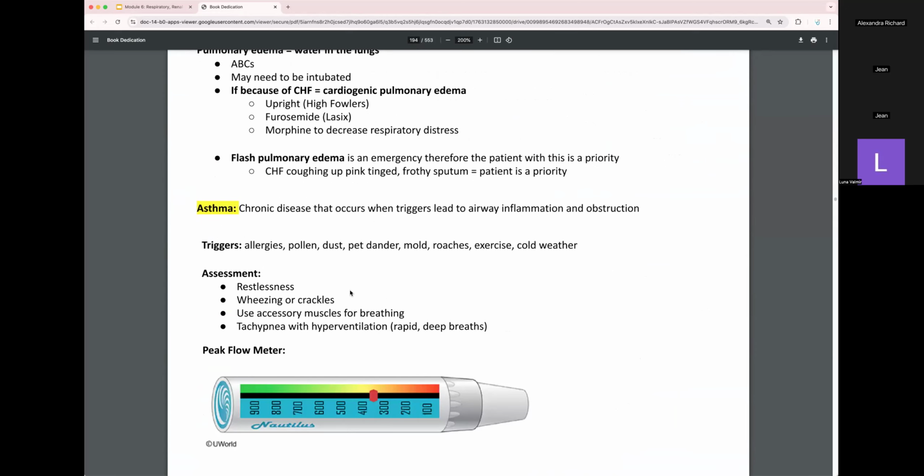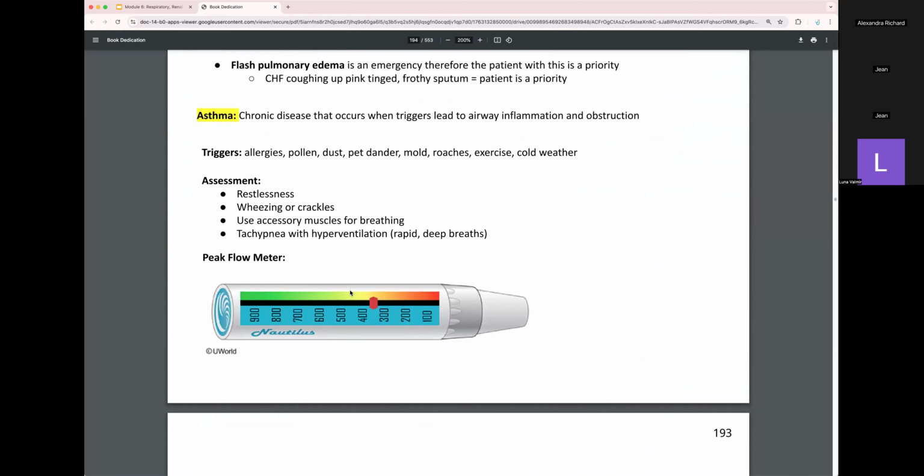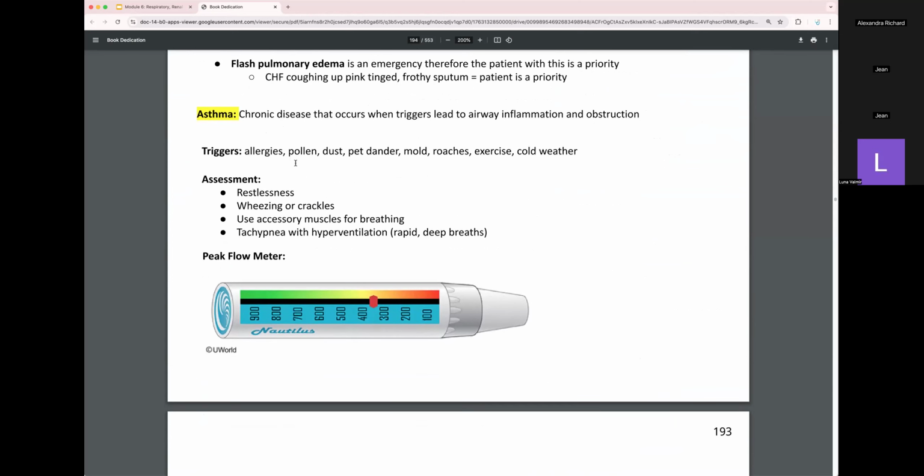All right. So then in your study guide, we're going to talk about asthma. So this is on the bottom of page 192. So asthma is a chronic disease that occurs when triggers lead to airway inflammation and obstruction. So in a normal individual,